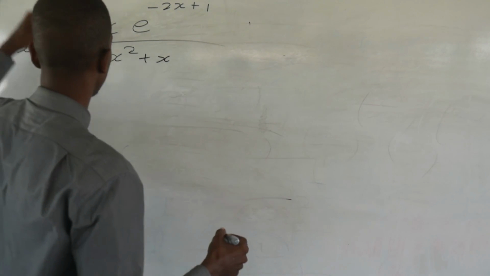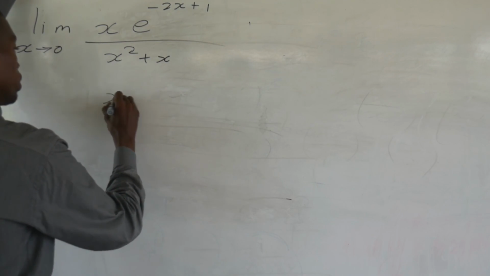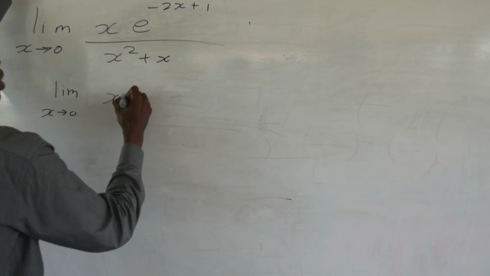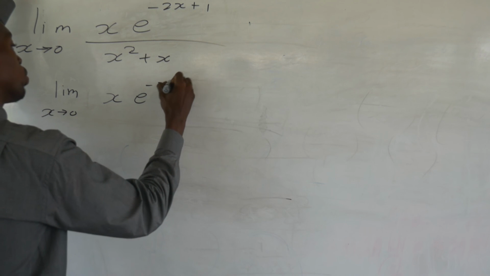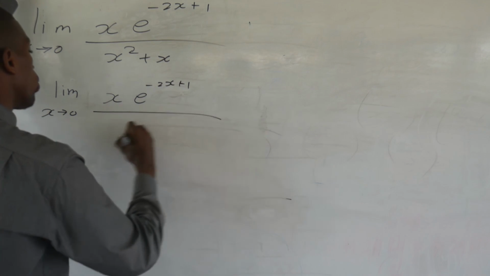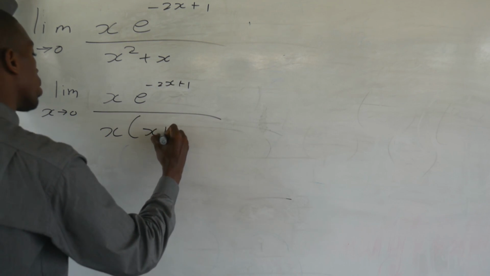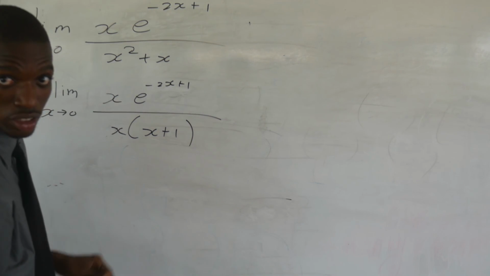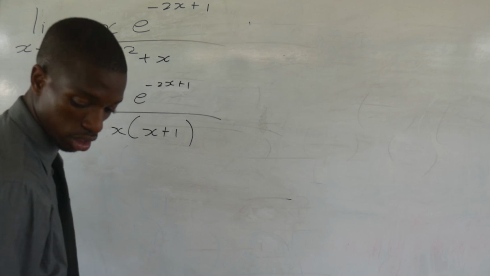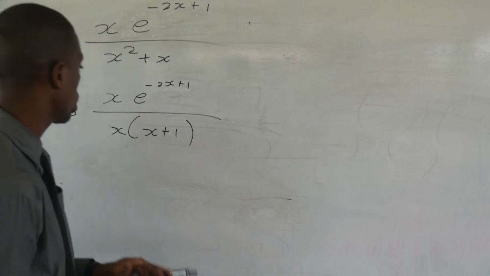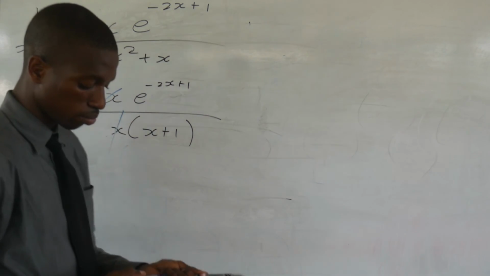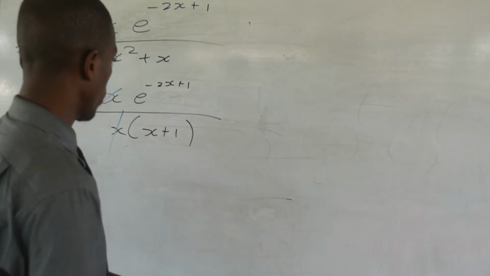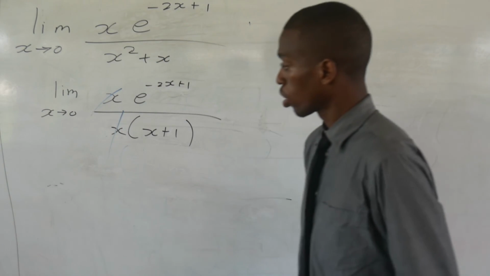We could rewrite this as x times e to the minus 2x plus 1 all over x into x plus 1. We just want to factor out an x. And this goes with that. Remember what we said, once you take out the x minus a, the trouble is done. Now, what